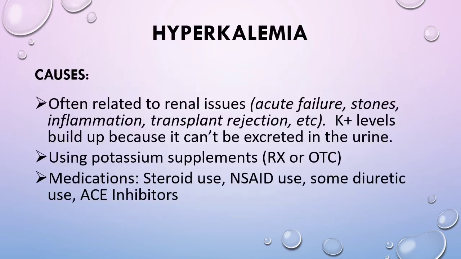Next is hyperkalemia or the increase in potassium. The causes is often related to renal issues such as acute failure, stones, inflammation, transplant rejection, and etc. Potassium levels build up because it can't be excreted in the urine. Another cause is using potassium supplements and medications such as steroid use, NSAID use, and some diuretic use, and ACE